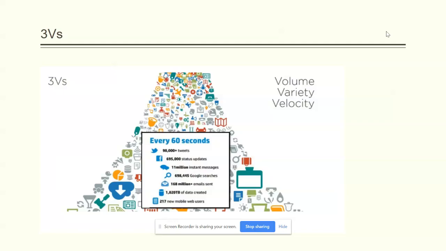So volume, as I mentioned, is about size, and you can have virtually unlimited size if you go with Azure Cosmos DB, because you can scale out your database by doing horizontal partitioning. Variety, as I mentioned, is about having different types of schema or different types of data: JSON data, columnar data, graph data, or key value data. And velocity is about high throughput, high availability, low latency, consistency.